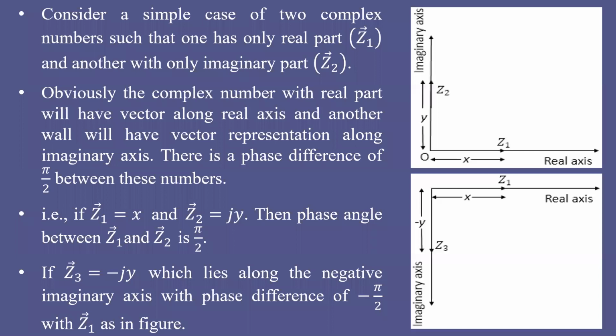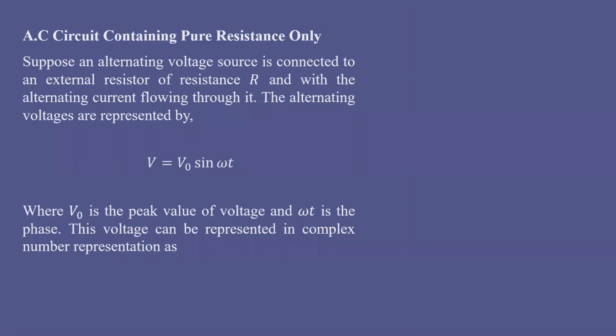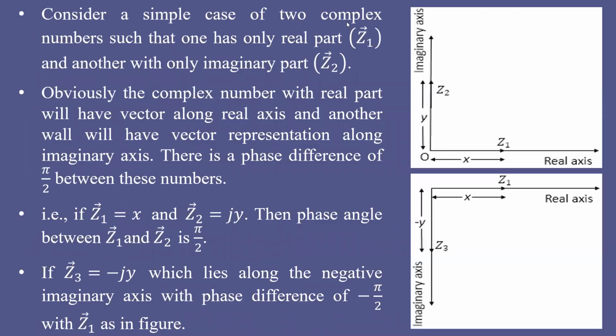Okay. So Z1 is having only real part. It is having X as a real part. So the imaginary part of Z3 is observed on the negative imaginary axis. That's why the angle between them is minus pi by 2. Okay. So this is how the complex number and real number are observed to have 90 degree phase difference between them. This is how you can represent the complex number in the phasor diagram. Okay. So this you will consider in the next class.